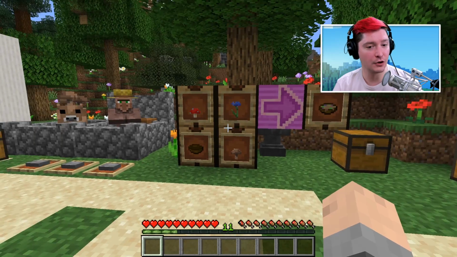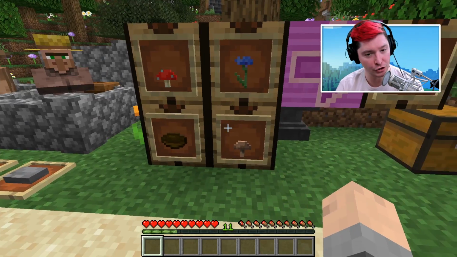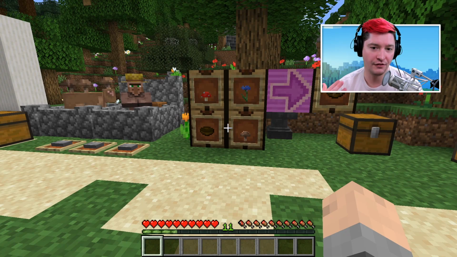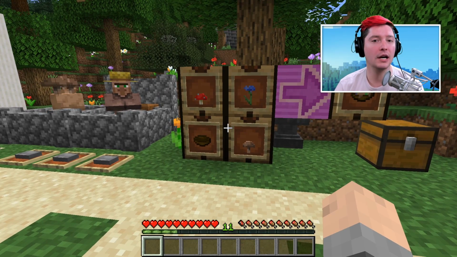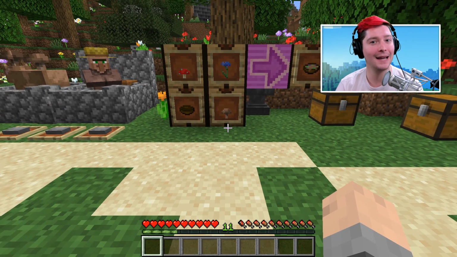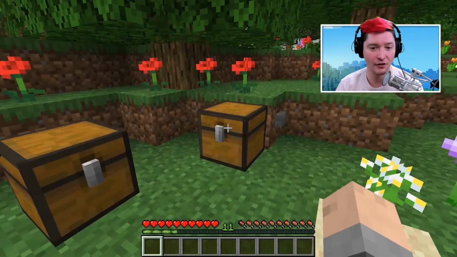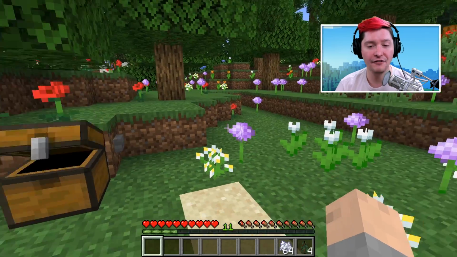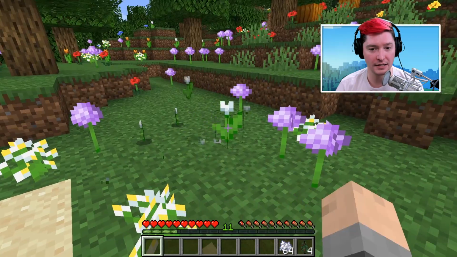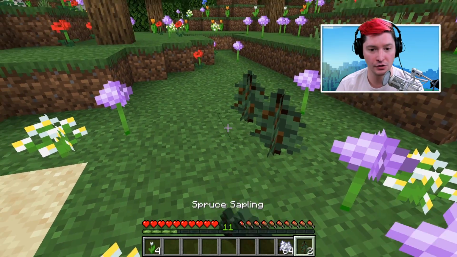Now, I have a tip for you guys. The hardest part of this recipe really is the mushrooms. Either you're going to have to find mushrooms naturally, they spawn naturally throughout the world, or you can find 1 red and 1 brown mushroom, and then make them yourself. And I have a whole video about how to make giant mushrooms, because that's by far the easiest way to do it. I find that the easiest way to make giant mushrooms is to actually put down some spruce saplings,